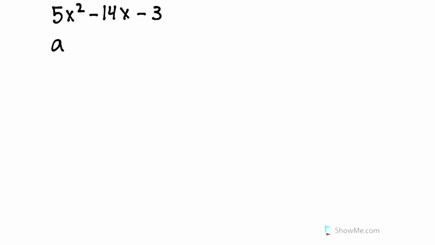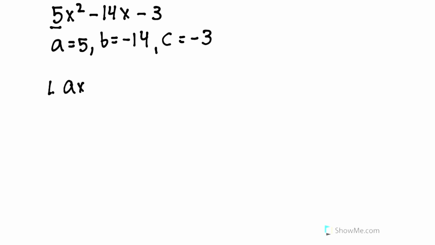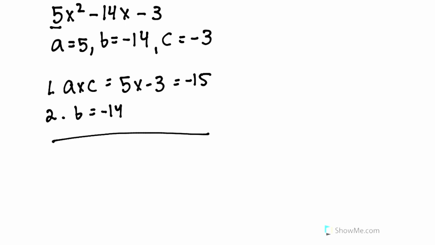So for this next problem, let's start by identifying A, which is 5, B, which is negative 14, and C, which is negative 3. Then we want to first find A times C, which is 5 times negative 3, which is negative 15. And then let's identify B. So B is negative 14. Then we can make our MA table,